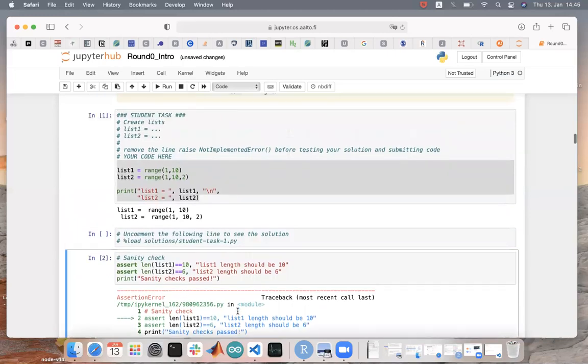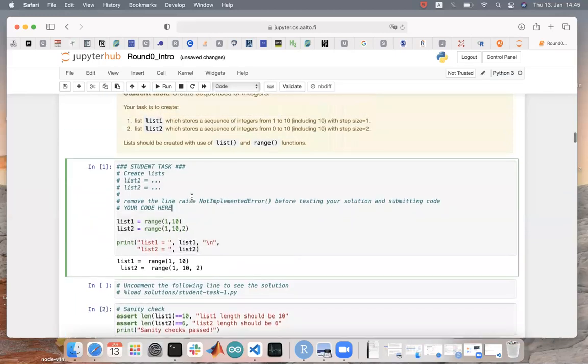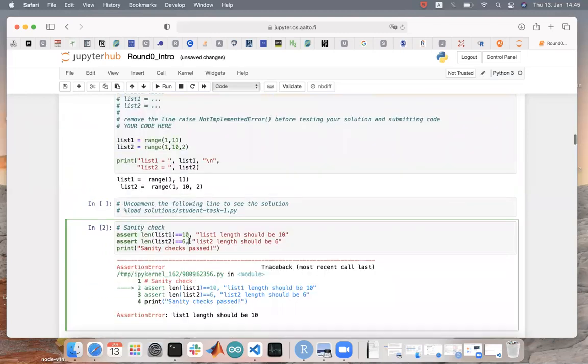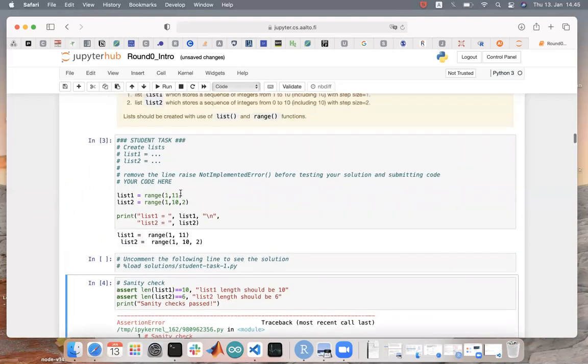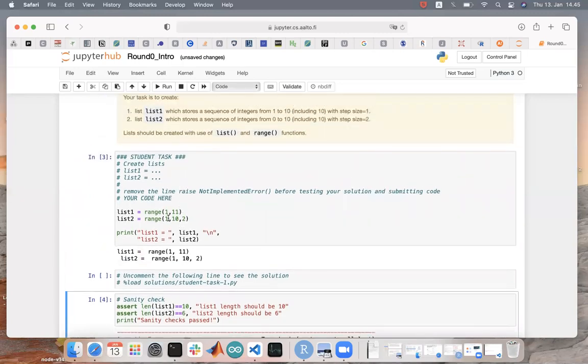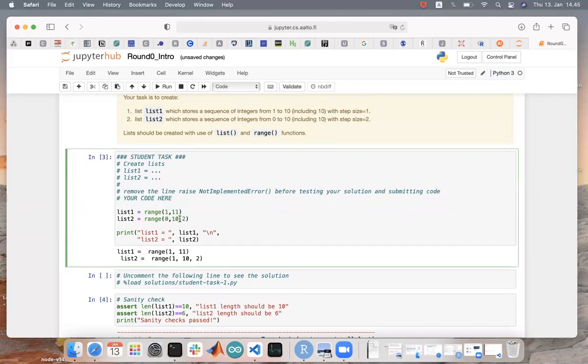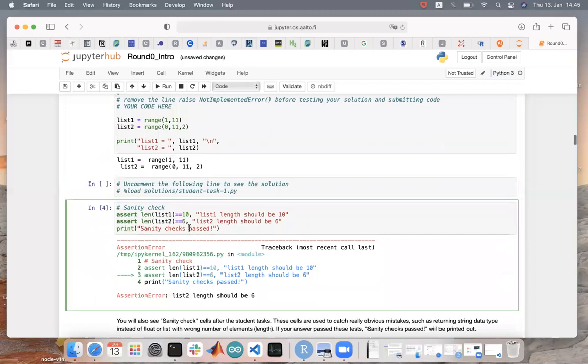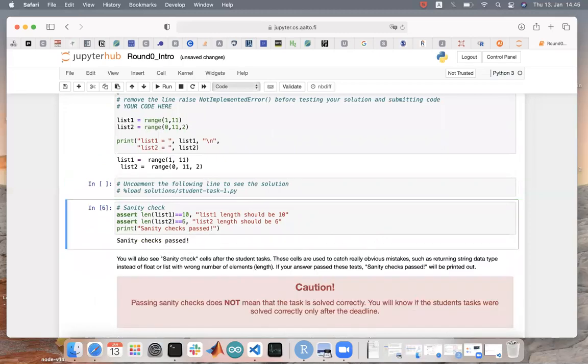So then you can go back and fix your code. For example, let's see if this will fix it. Now the length 2 is not correct. Okay. Let's do something like this. Okay, now I passed the sanity checks.